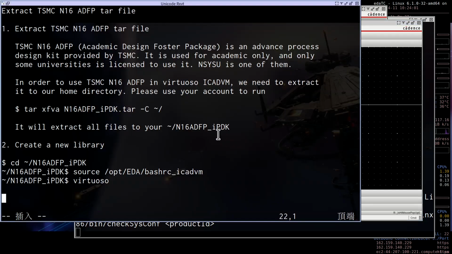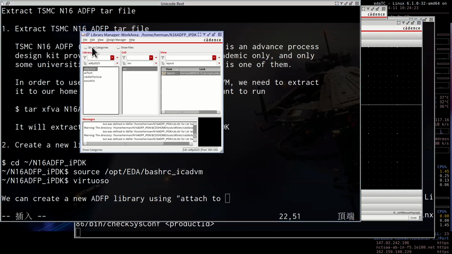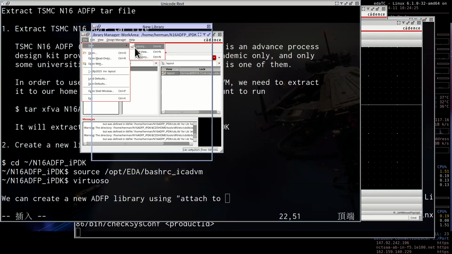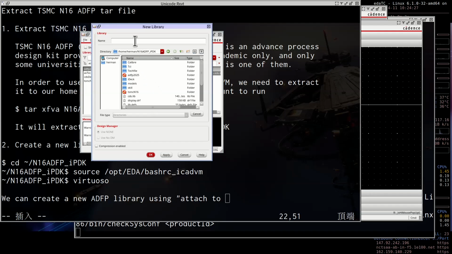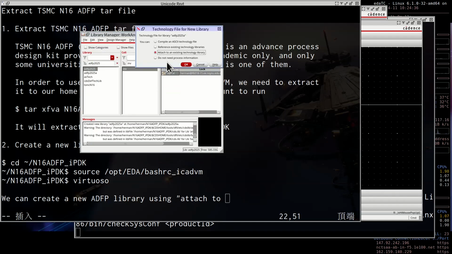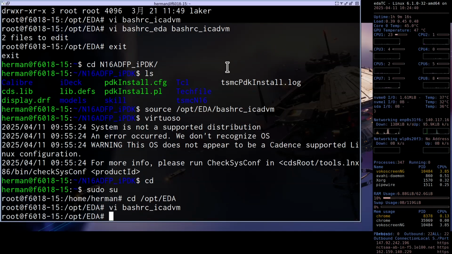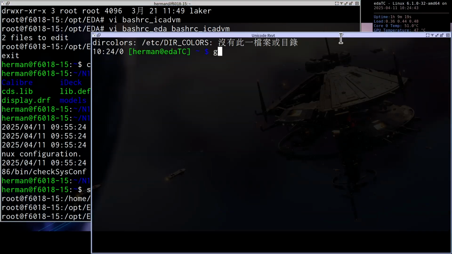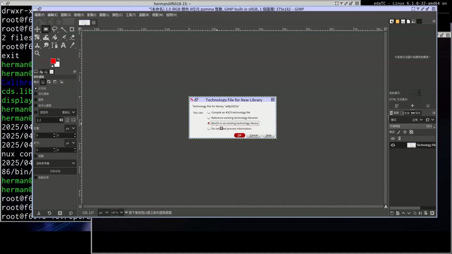So we can create a new library. Let me make another one. ADFP 2025A, using attach to an existing technology library. Let me list this figure out first, wait a moment. Now using attach to an existing technology library.